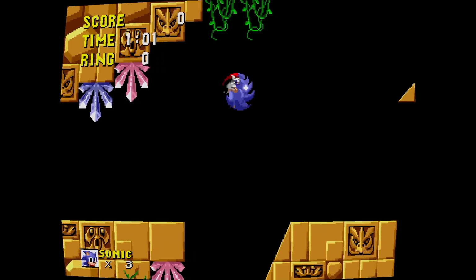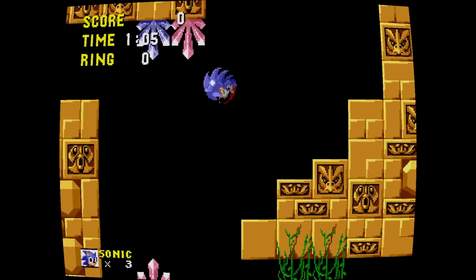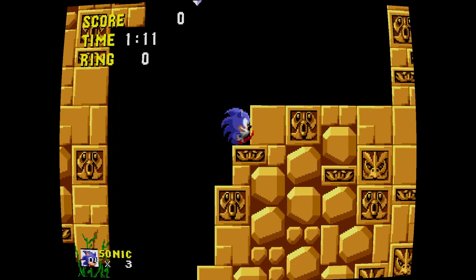Right. Let's see if you can carry on at this level. So the question is, is the water something that they're still planning to add, or was that a late addition? I'm digging the cave